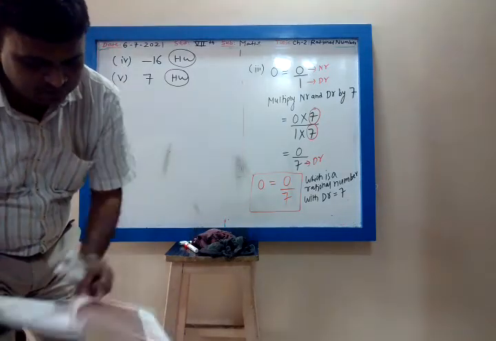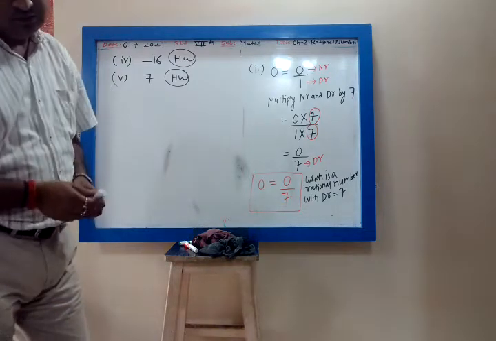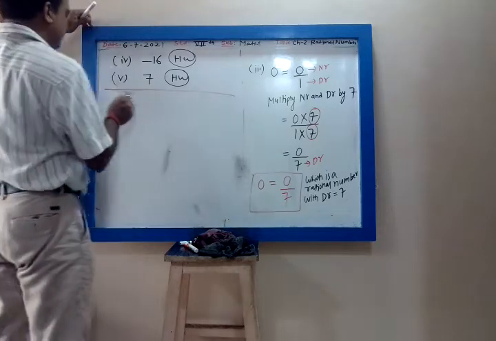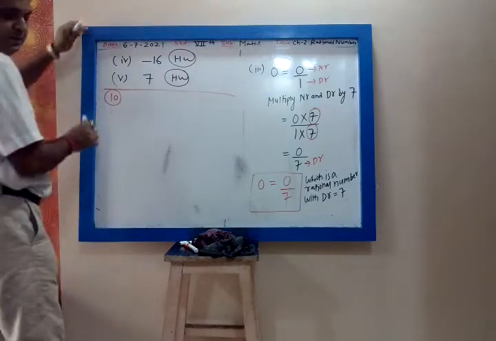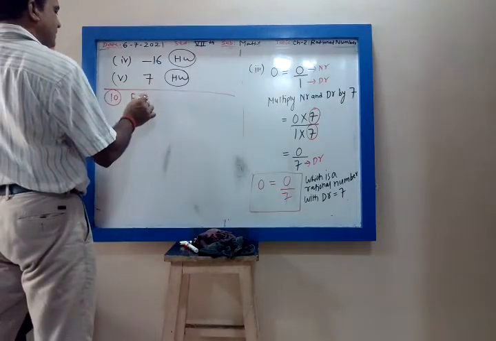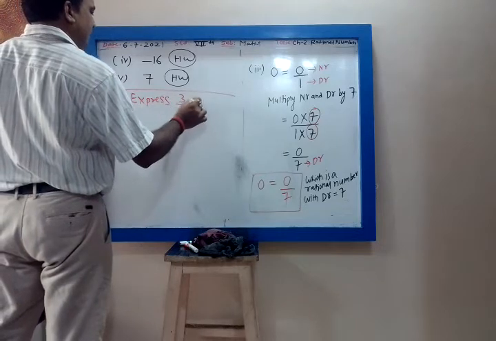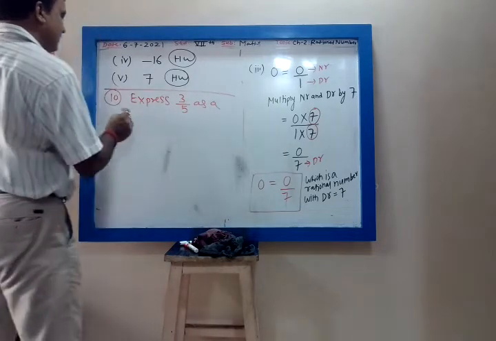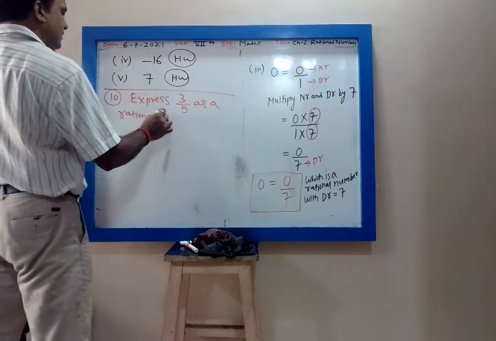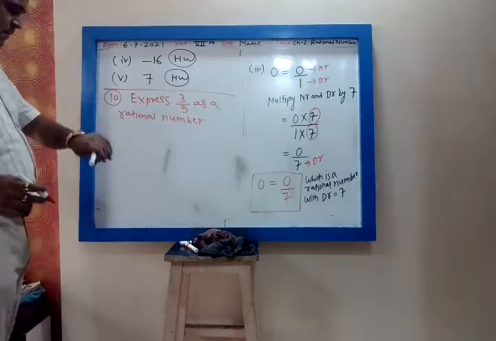Now next question, the 10th question. Express 3 upon 5 as a rational number